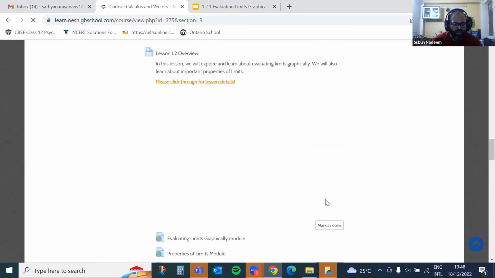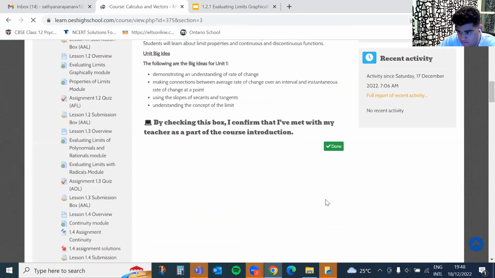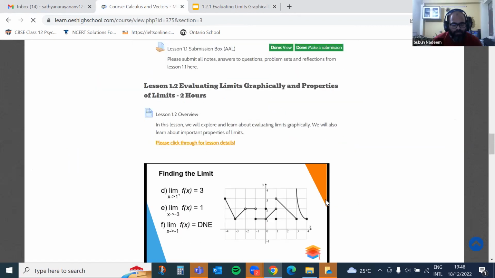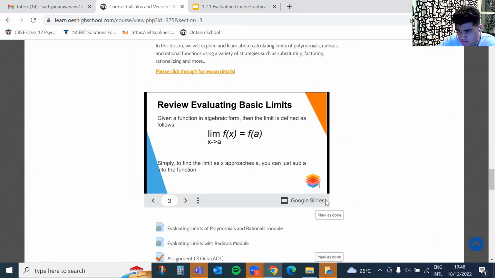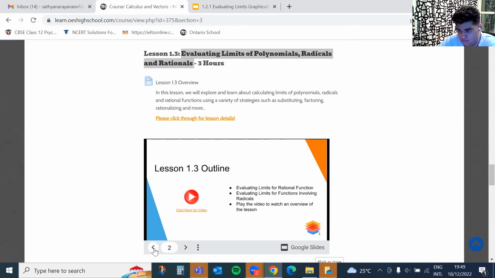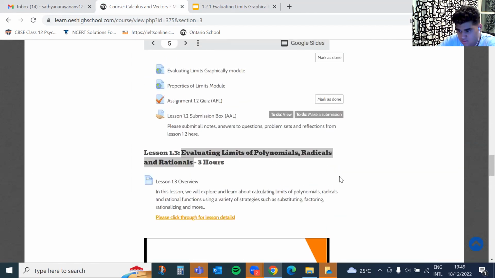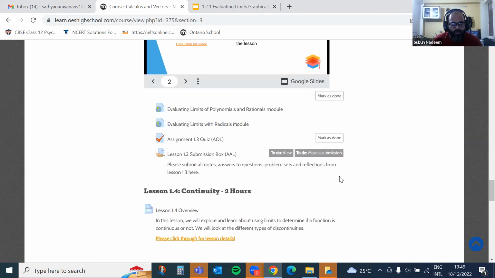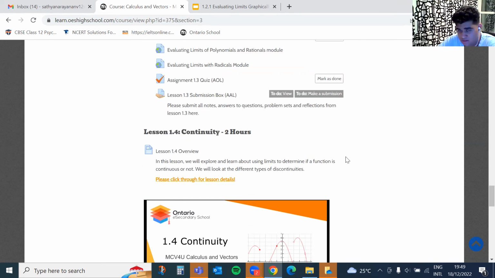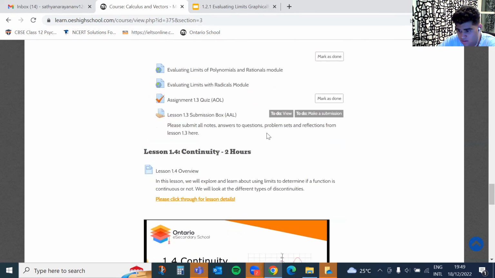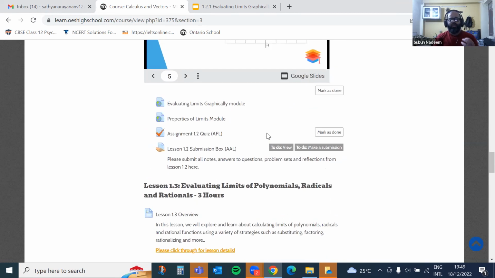What is the next topic? Can you tell me? The next topic is evaluating limits of polynomials, radicals, and rationals. I hope we would be able to complete that also in the next class. Then after that is continuity. That's the end of unit 1. So I think one class for the next topic and one